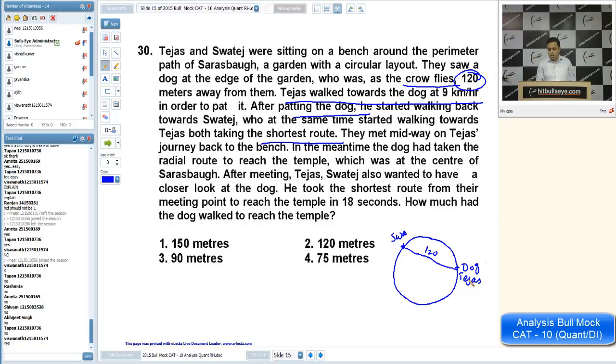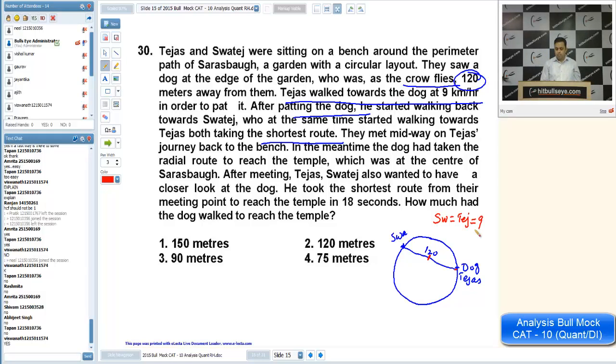After petting the dog, Tejas moved backward towards Savtej, and both of them met at the midpoint. And since both have covered the same distance in the same time, I can say that the speed of Savtej and Tejas will be equal. And the speed of Tejas was 9 km/h. The speed of Savtej will be 9